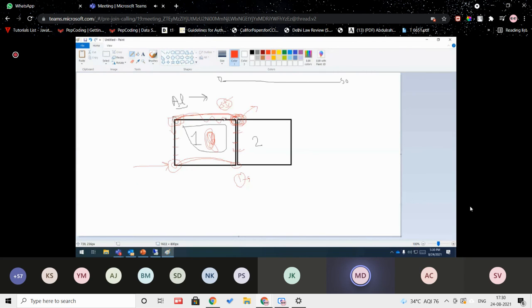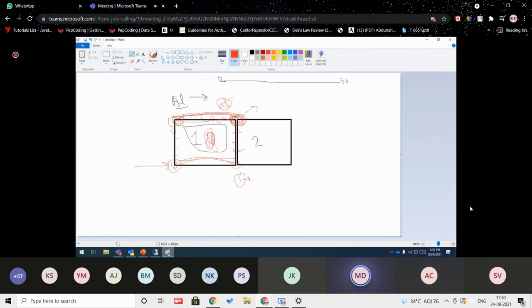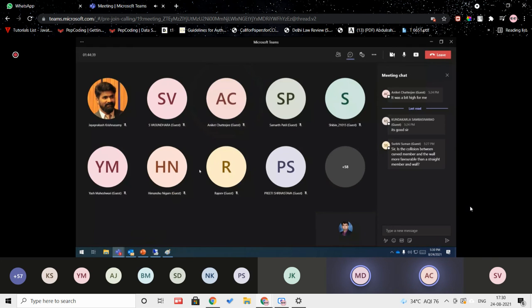If it is known, then it is okay. Otherwise, if it is not known, the algorithm doesn't know when the effect of these forces will come here, and when it will go and calculate. So that's where the concept of CFL time comes. This is simply a formula which you can calculate, and then you can understand. Now, one more thing, I think mass scaling is clear after time step, Aniket? Yes, sir. You understood a little bit of the idea of what it is doing? Yes, sir. Okay, thanks.